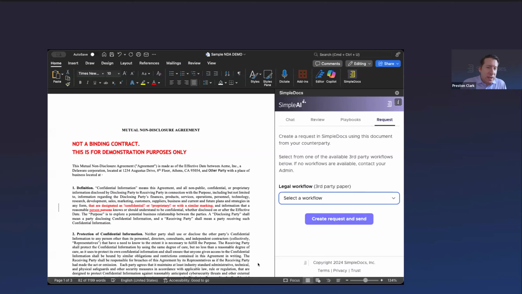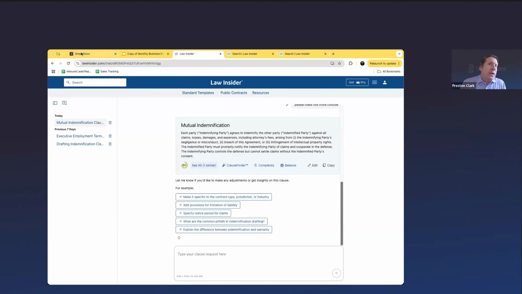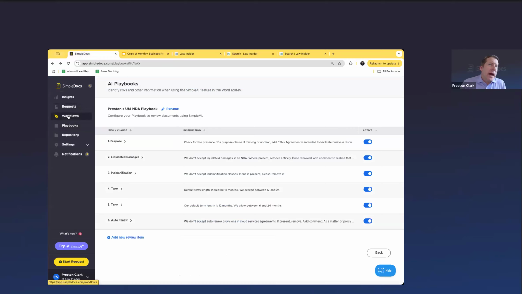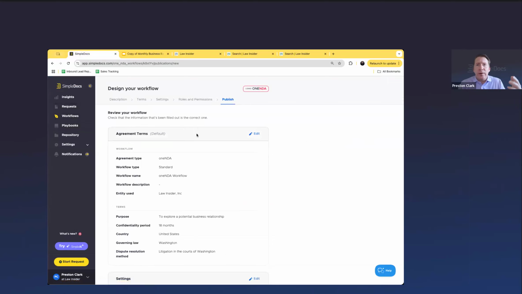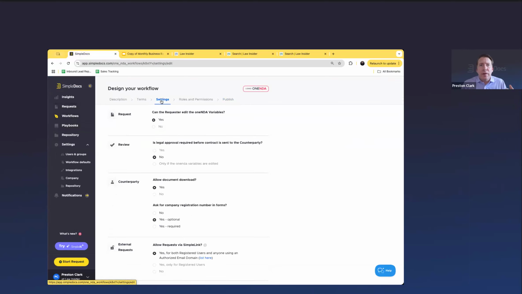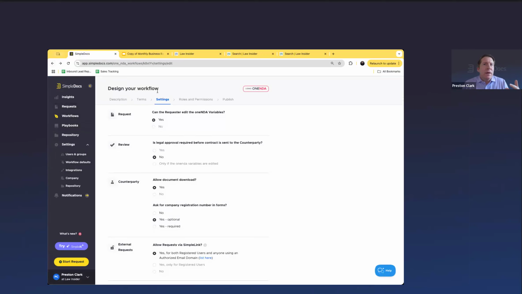And so what this looks like on the back end, if you'll humor me for another moment here, is we have workflow automations that have all sorts of routing rules built into them that have eSign integration with, you name it, DocuSign, Dropbox Sign, Adobe Sign, and you then get to set these routing rules.